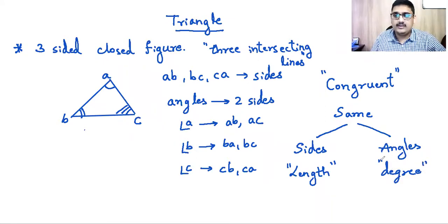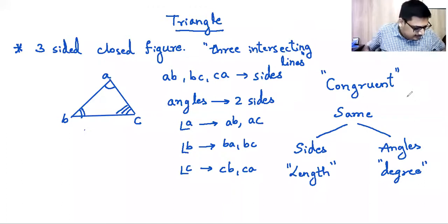Okay, but when we say with respect to side, it is the length that we are talking about. So the length of the two sides must be equal. We have studied congruent figures. An example for congruent figures: if we take bangles, two bangles which are circular in shape are congruent because their radius is the same, the size is the same. So a bangle is one simple example for congruent figures.